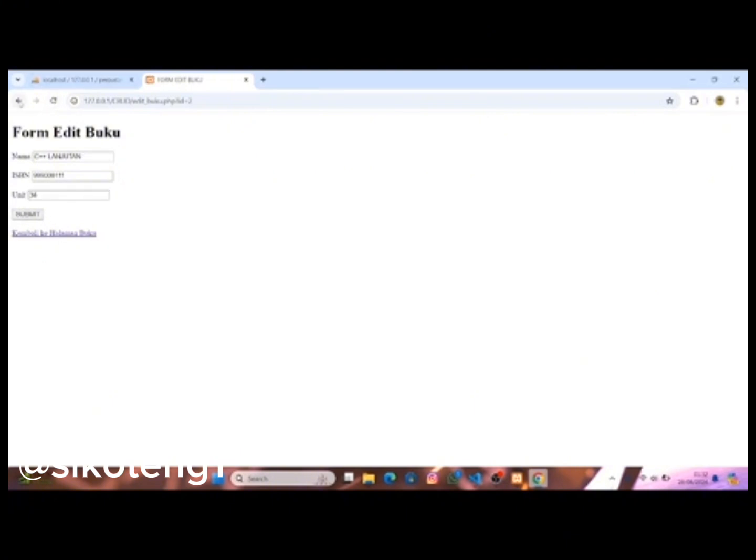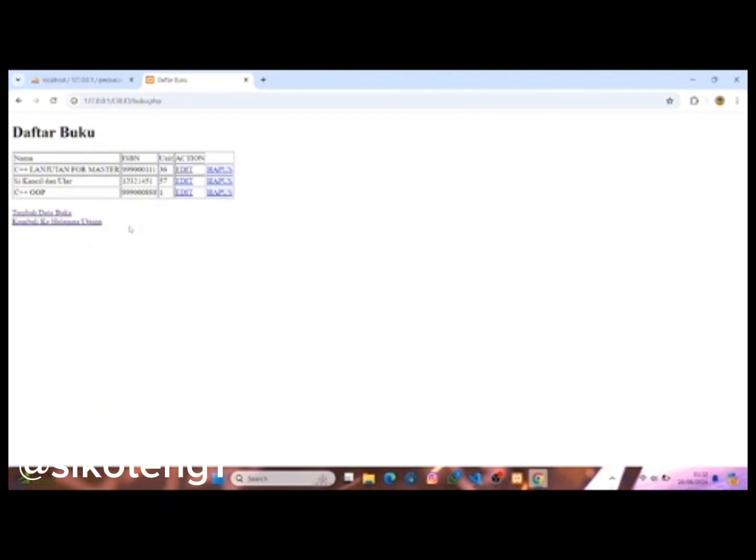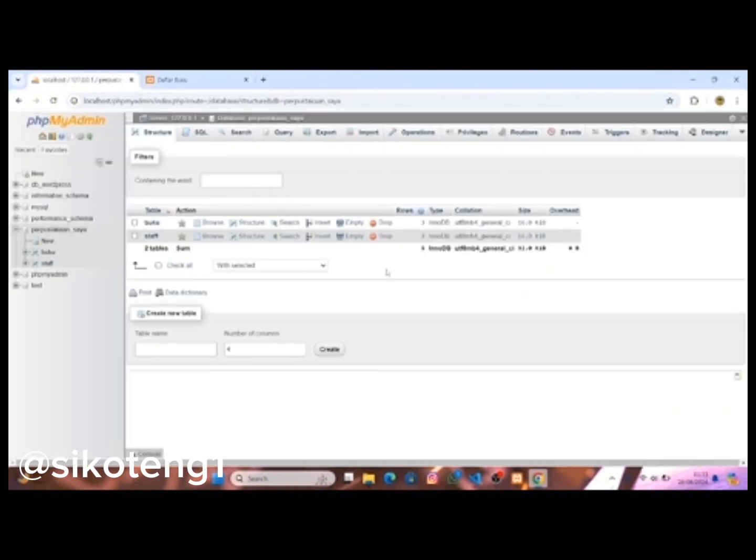Okay, back to halaman buku. You see, it changed from C++ lanjutan to C++ lanjutan for master, with the unit plus 2 from 34. And this is update, right? You update what is in the database.